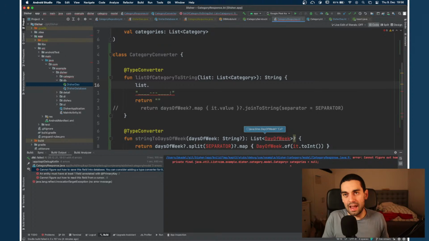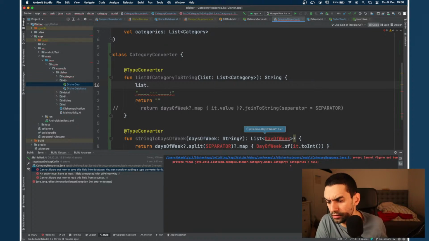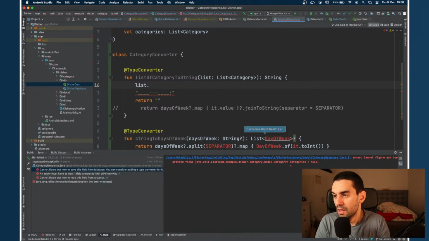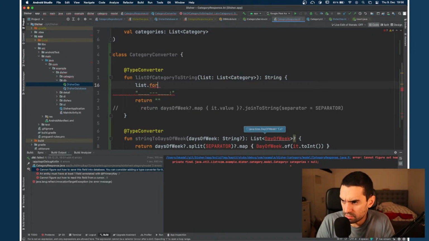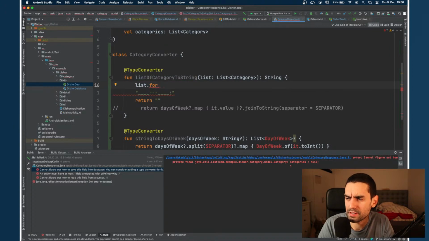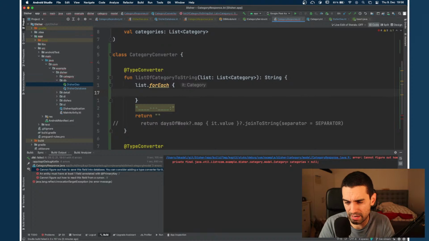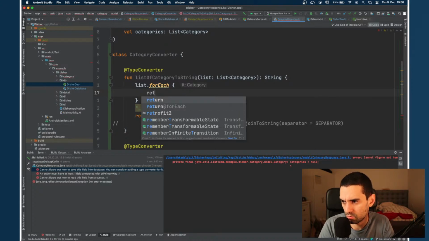I've got a list of category. So for each one, usually I make it in JSON. Make what in JSON, sir? I need to for each it. Oh, Moshi or JSON. Oh, right, I see. You're using, yeah. I'm not sure why that's not working, to be honest. Anyway, I'm going to go down this route. So it.category, I want to,